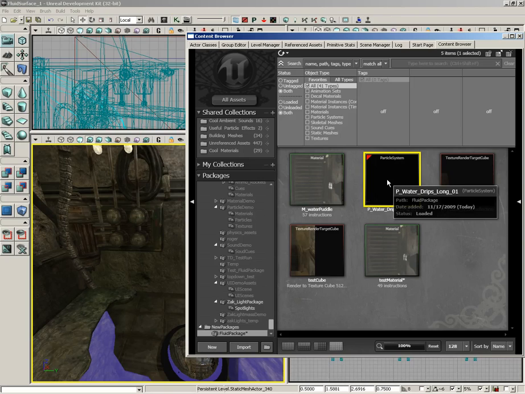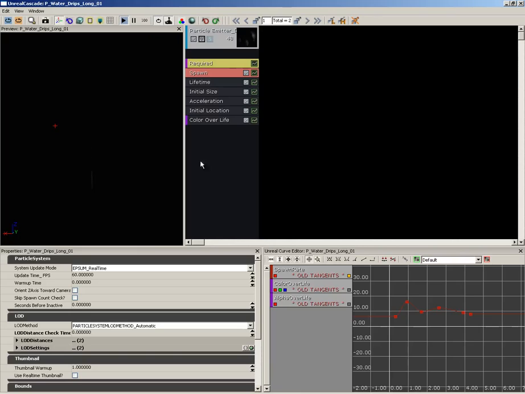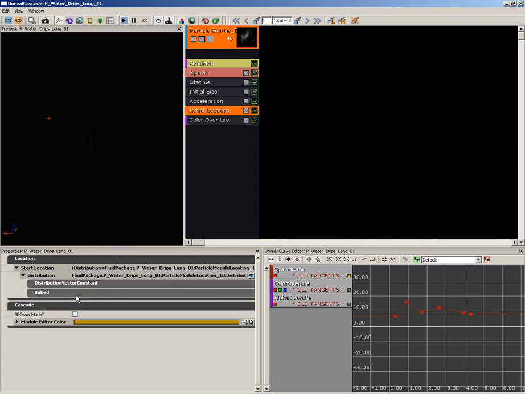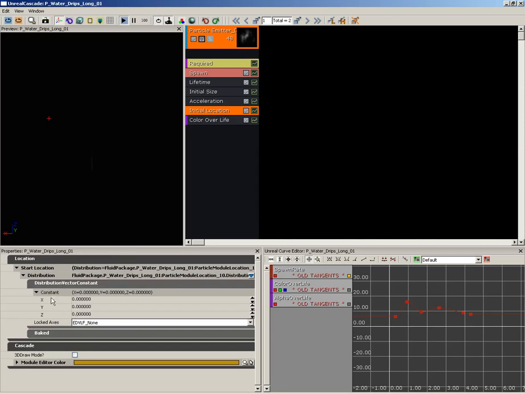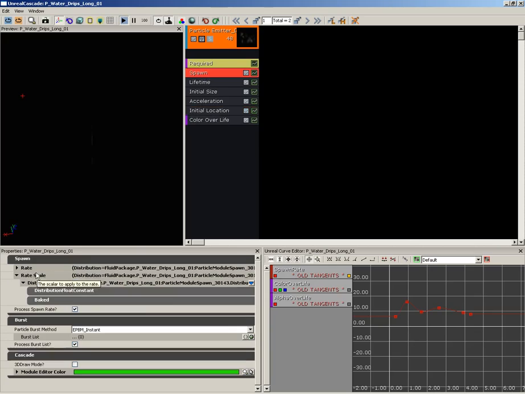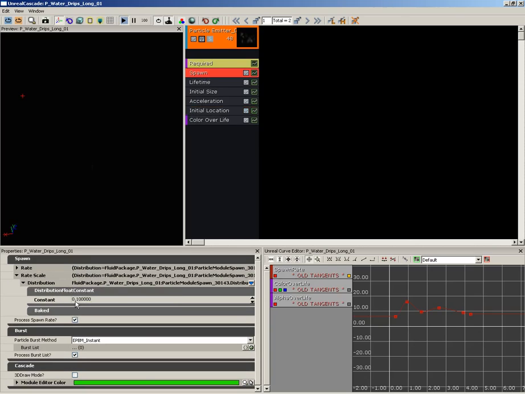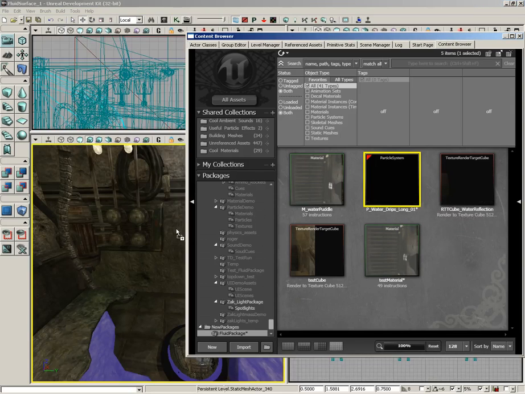Now what this is, is a copy of the P Water Drips Long that already exists with UDK, and all that I've done is taken the initial location, and I set the start location to a constant distribution instead of a uniform, so we can give it just a set location of 0 so it's not quite so spread out. And then I went underneath spawn and took the spawn scale and pulled that down to 0.1, which gave us a lot less drops than we had before. Now I'm just going to take this and drag it into my map,